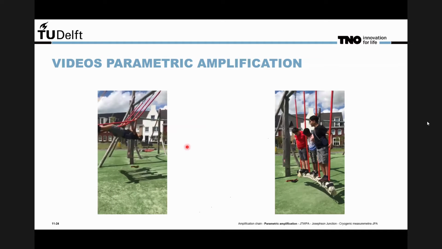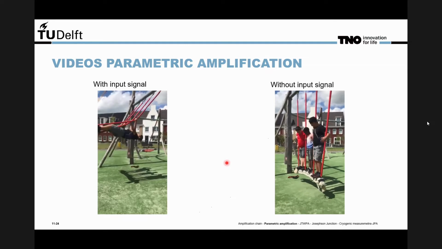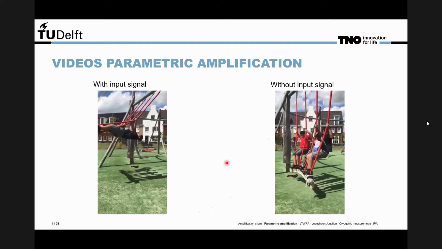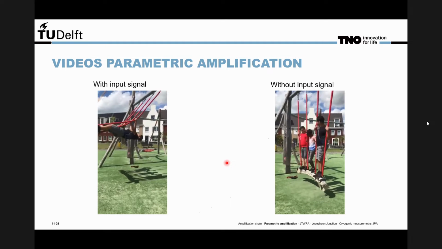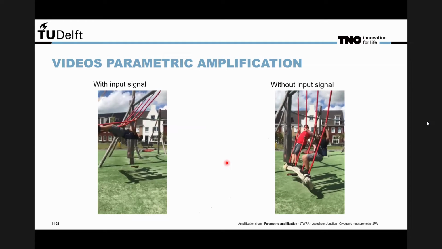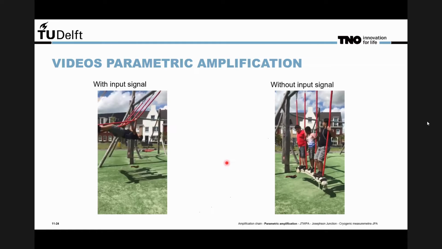So we see here that their amplitude is way larger than when they started. So this was with an input signal. And we also tried to do the same experiment without an input signal, so with no starting push. And this example shows that you cannot have parametric amplification just by